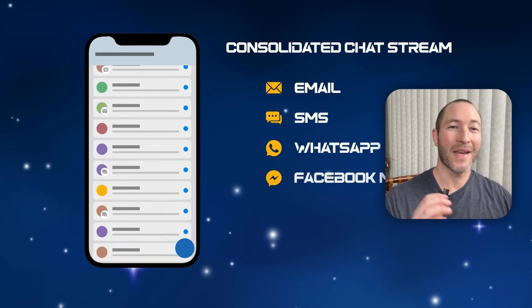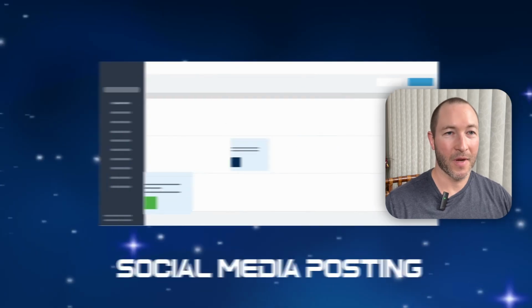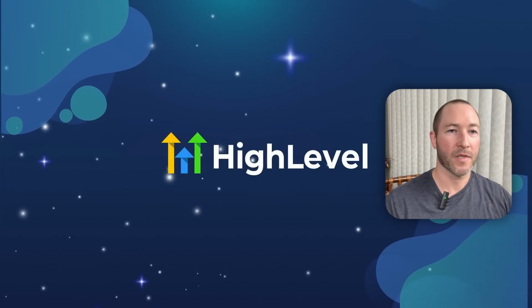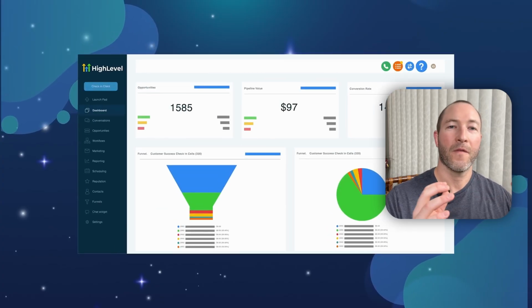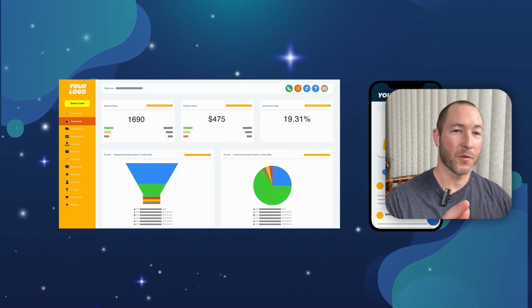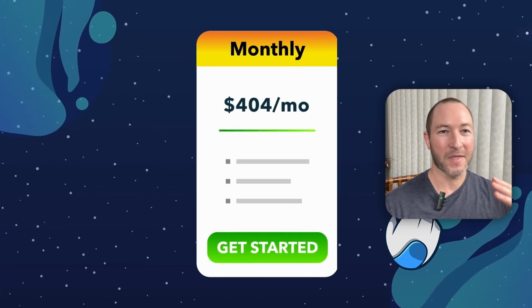You'll have very few, if any, plugins called apps in GoHighLevel to manage, update, or troubleshoot. Everything is built into the platform, and these function differently from WordPress plugins and integrate much more seamlessly into GoHighLevel and are far less clunky than WordPress plugins. Built-in AI tools. This one is huge. Native AI integration for chat, lead qualification, content creation, customer service, and much more.